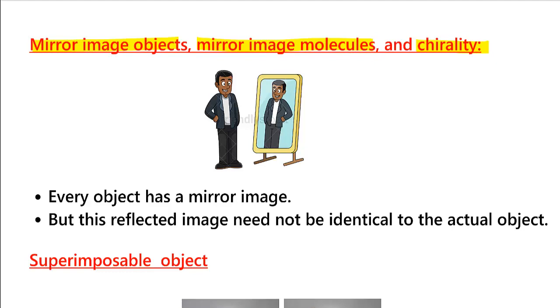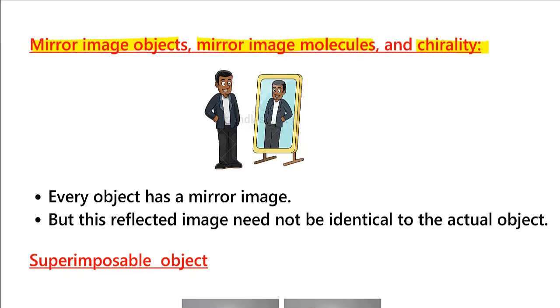You have some idea of physics. If you remember, in physics we say whenever you have a plane mirror, in the image the left appears right and right appears left. So this means once you have the image and object, they are two different things, because in your mirror image left is appearing right and right is appearing left. So they cannot be the same.